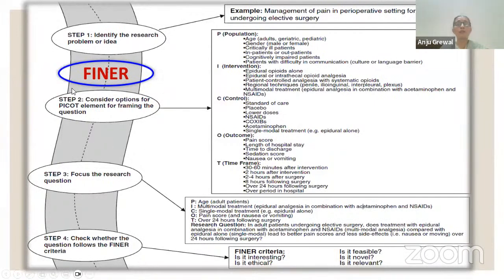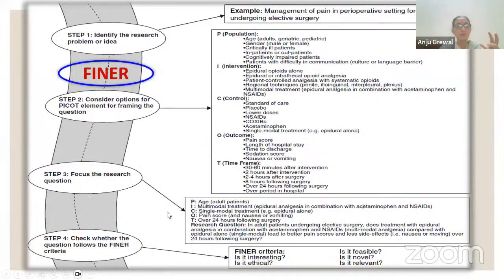And then you would like to address a few points on whether you do have that kind of population in your clinical setting. If you are planning an intervention, what are those interventions? Do you really need a control or a placebo or some kind of standard of care to compare with? Is it really important for you to compare, or is it okay not to, just to observe something? And then, of course, what are the outcomes that you really want to focus your research on? What is the answer that is precisely your primary and your secondary outcomes, and the time frame in which you would like to work? Especially if you're working on a thesis, you would have a fixed time frame.